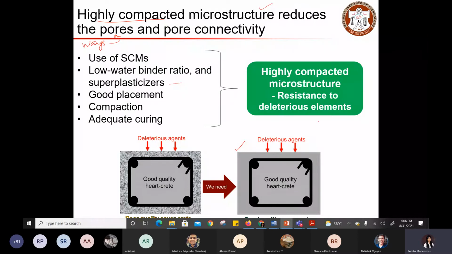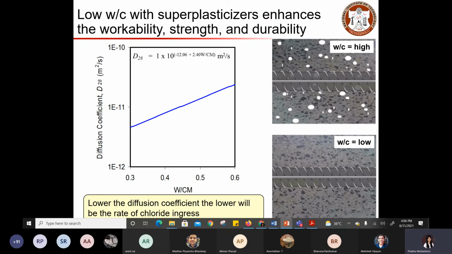So when you obtain this, you can get more resilient concrete. The resistance to deleterious elements gets increased when you have a highly compacted microstructure. And these are some examples indicating how a low water cement ratio will be helpful in enhancing your